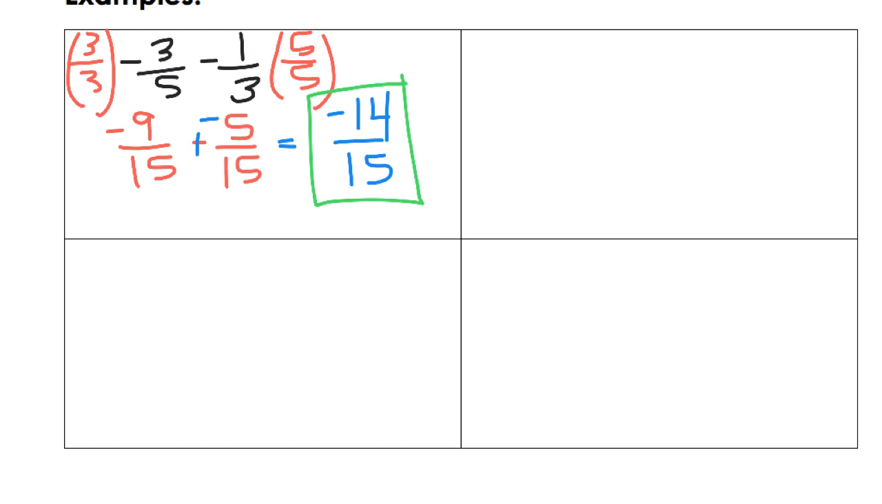The next example is going to be negative 1 3/7 plus 2 1/2. And these are mixed numbers, so we do need to make them improper for the first step. So you're going to do 7 times 1 is 7 plus 3 is 10. So I have negative 10/7 plus 2 times 2 is 4 plus 1 is